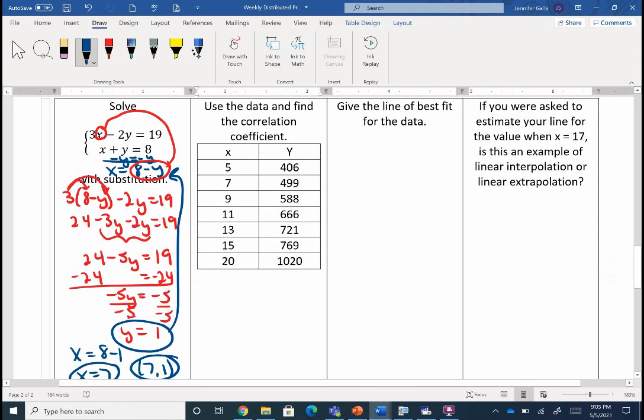Now this next piece you may or may not be familiar with. So let's take a look at entering those data values into our calculator. I want to show you how to do this on the graphing calculator. It's the easiest way I know how to do it. So if you have your graphing calculator handy,